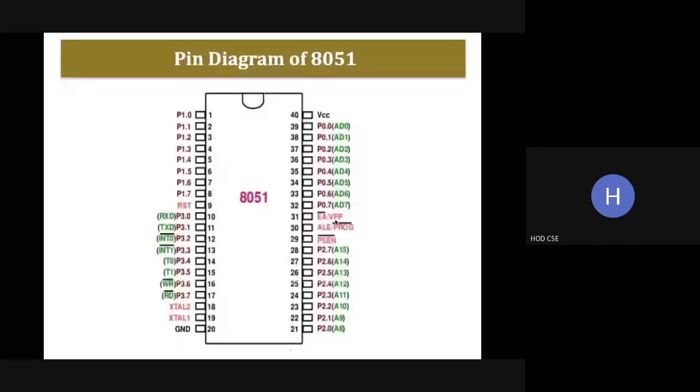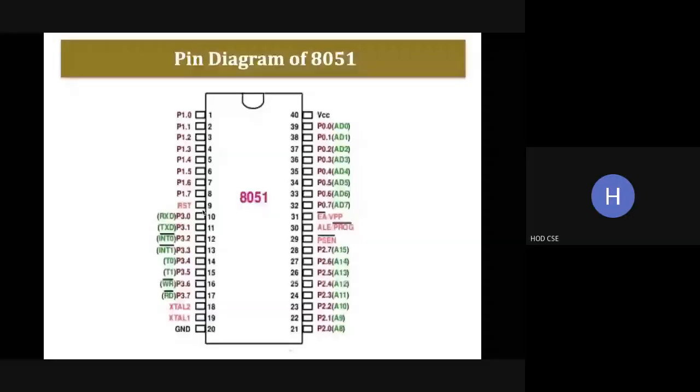And next we have the programming pulse, which is used for EEPROM programming.